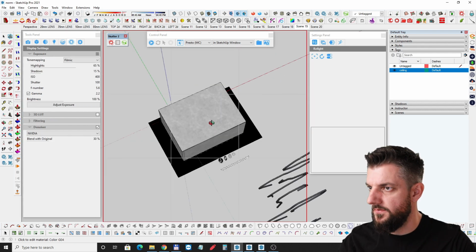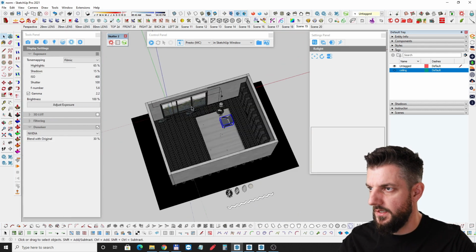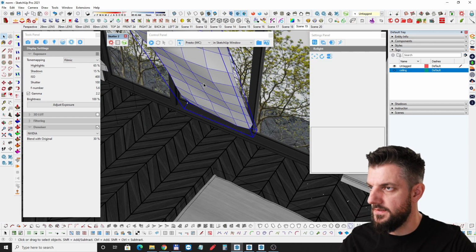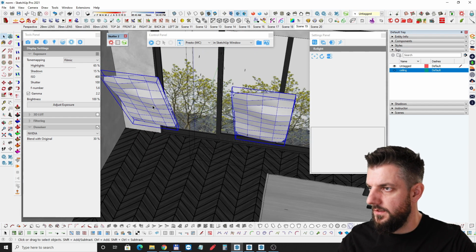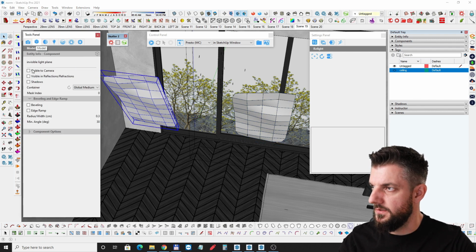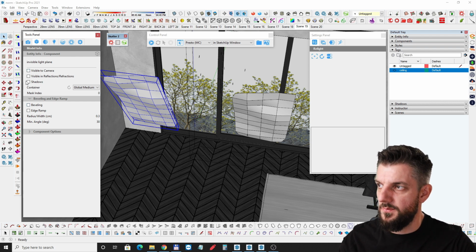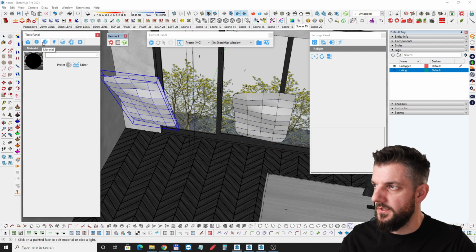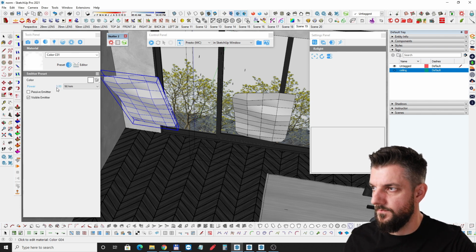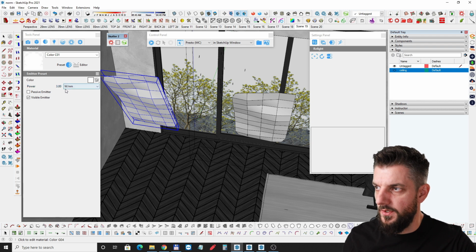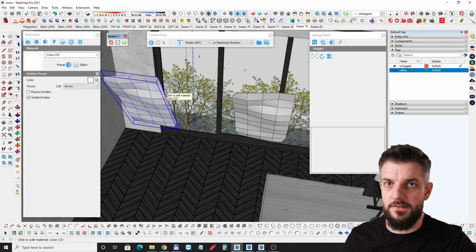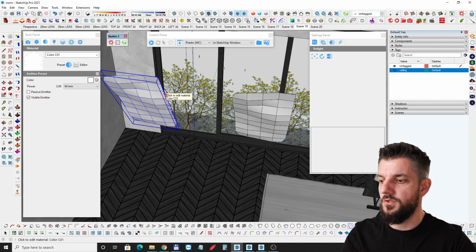To compensate for all of this darkness, I've put 2 light planes in the room, and these light planes are invisible to the camera. If you go to model or object settings, I've unticked visible to camera, reflections, and shadows for each of these. And the material is an emissive material, which is set to 3 watts per, I don't know what that is, nanometer, I don't know. So anyway,